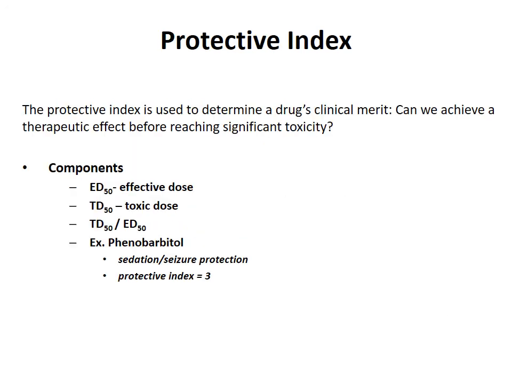We have kind of a more mild version of this called the protective index, which instead of lethal dose, looks at the dose that produces toxicity in 50% of the population. So the TD50 over ED50. In this case, you have to define what toxicity you are discussing, or analyzing. So is it a side effect that's mild, like nausea? Is it a side effect that's severe, like cognitive dysfunction? Or you have to define what